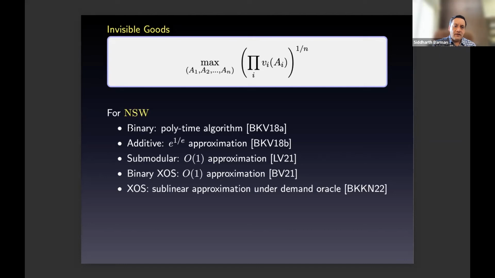So, for example, if the valuations are additive, so the v_i are additive functions, your value for a set is just the sum of values of the goods in that set. In that case, the best known approximation guarantee is e to the 1 over e. And for technical prowess, you can look at results in